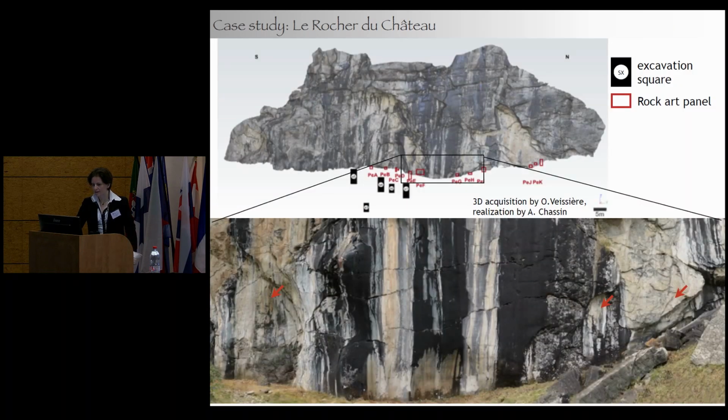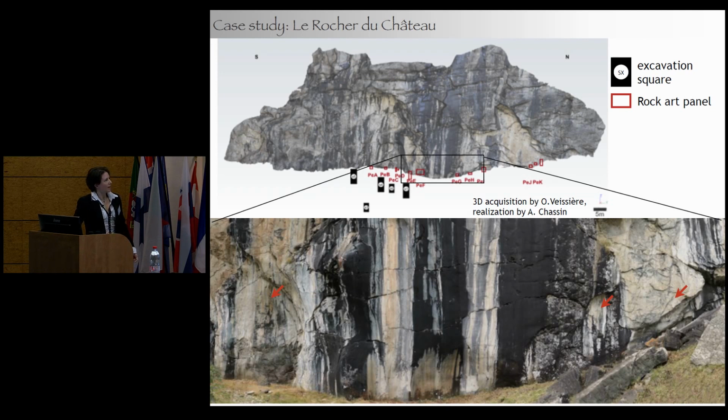Inside this Rocher du Château, the paints are developed over about 80 meters at the bottom of the cliff of this huge block, and there are several excavation squares realized by Eric Thirault at the beginning of the